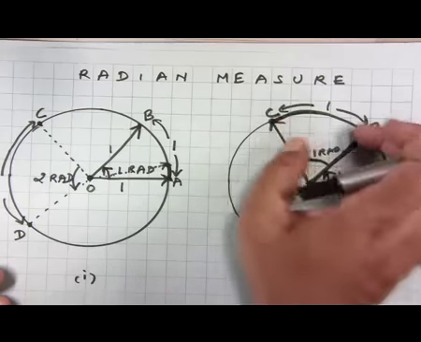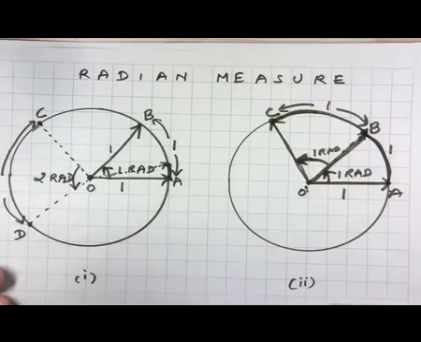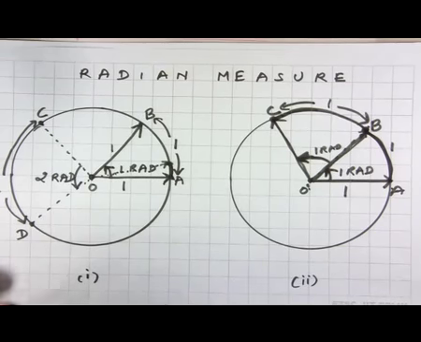Therefore, the length of this arc BC should also be 1 unit, and then we of course get the answer,